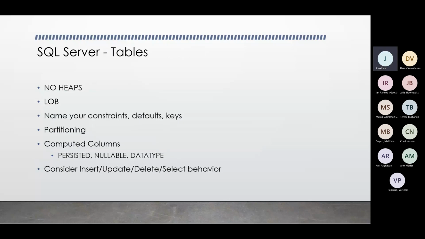All right, so tables. Heaps are just terrible. Not terrible. Anytime there's a rule of thumb, there's an exception that needs to be made for it. I'm going to stop saying that because it is just evidently true. However, heaps, for the most part, you don't need a heap. Even if you don't have a good primary key or a good unique key, make one. If you don't make one, you get one